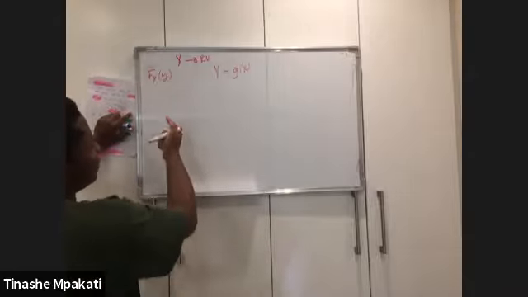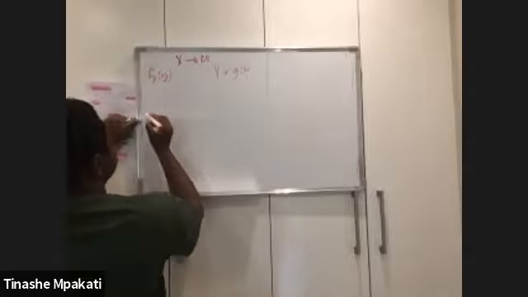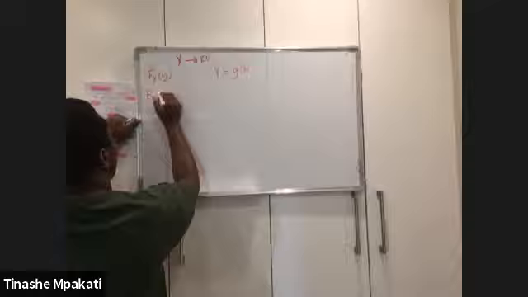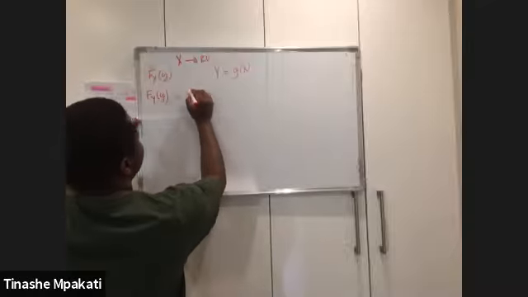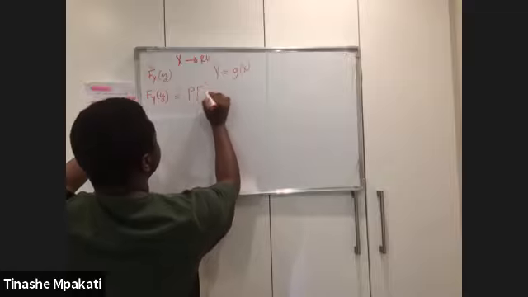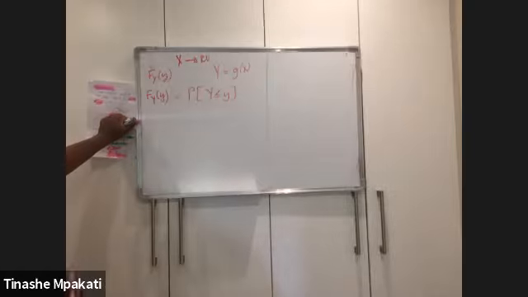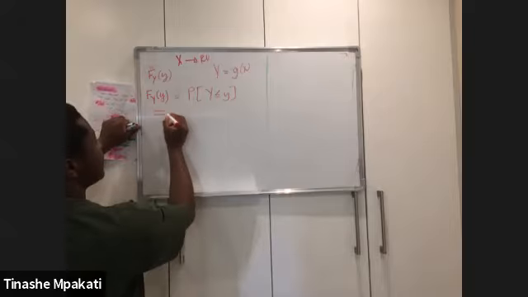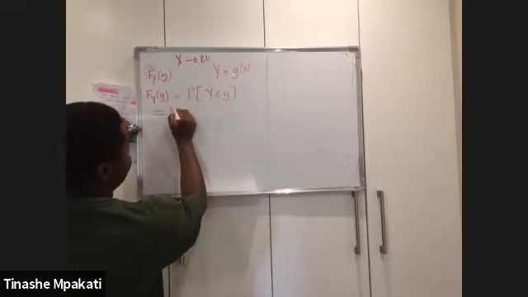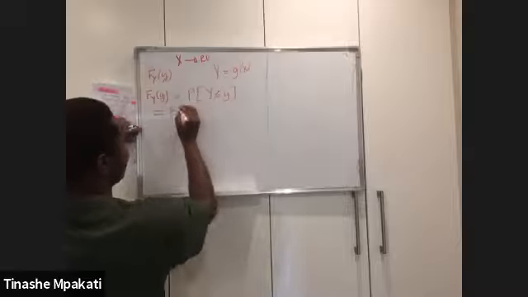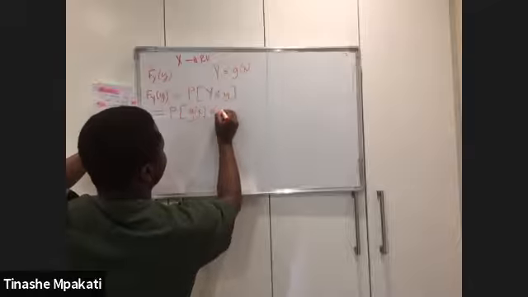There's a process for you to follow in order to find the answer. When you want to find the CDF of y, this will be equal to, using the definition, the probability that Y is less than or equal to y. This is the definition we know of a CDF. Now you look at what your Y is in terms of x. Because you're given a definition of Y in terms of x, instead of writing Y here, I'll write g of x being less than or equal to y.